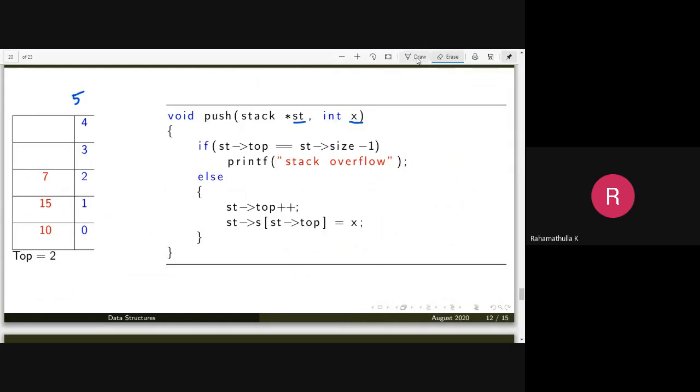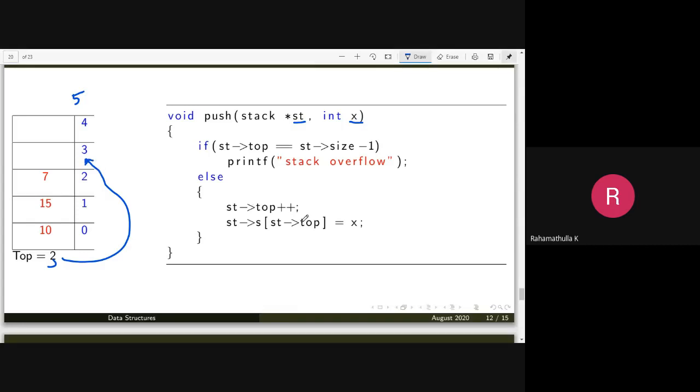Now if top is pointing to 2, it means you have free space. So you come out of this if statement and you have space on top of it. What you do is you just increment top. So the top reaches here. Now top is pointing to this location.